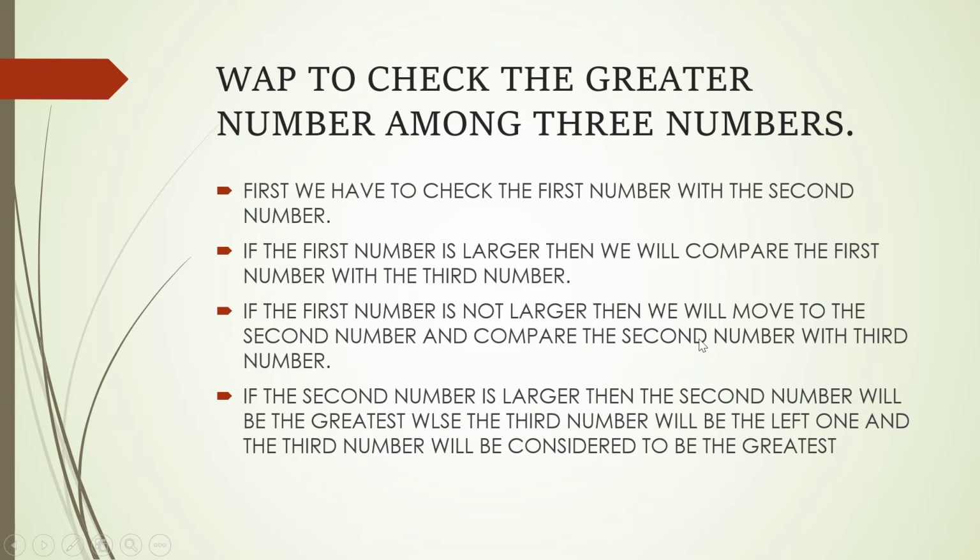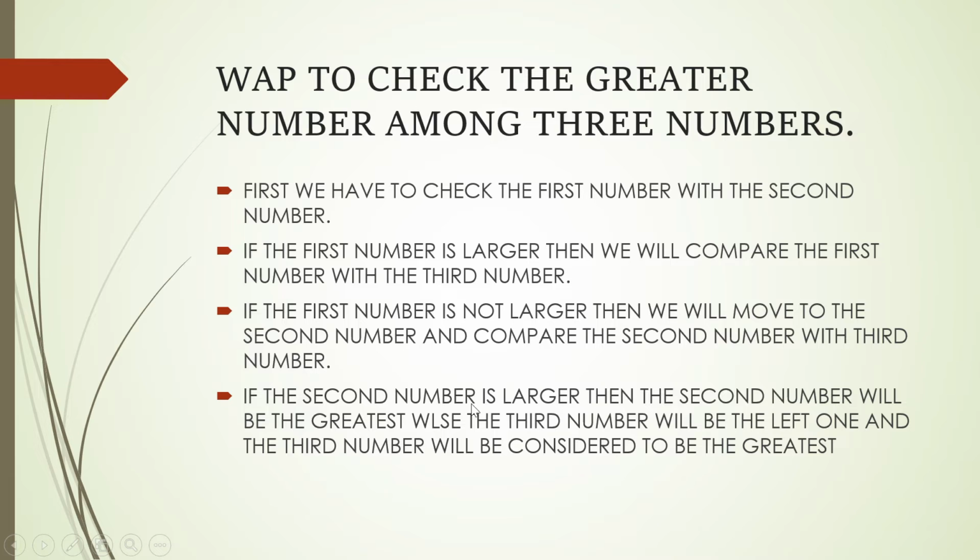फिर हम n2 को लेंगे और n2 को हम n3 से चेक करेंगे. अगर n2 n3 से ज्यादा हो गया मतलब n2 हमारा ग्रेटेस्ट नंबर हो गया, और अगर n2 n3 से ज्यादा नहीं हुआ तो n3 हमारा ग्रेटेस्ट नंबर होगा, क्योंकि n1 तो आउट ऑफ द ऑप्शन हो गया, क्योंकि ऑलरेडी n1 n2 से कम हो चुका है. तो वी विल चेक दैट इफ द नंबर इज